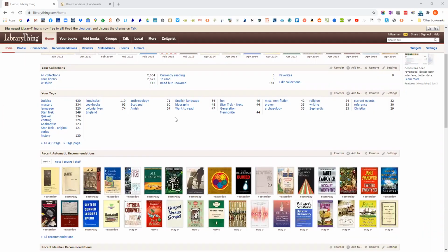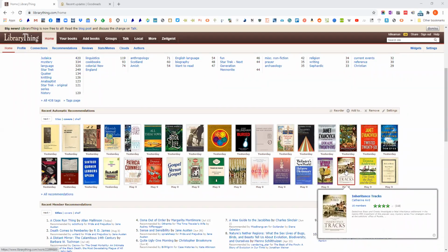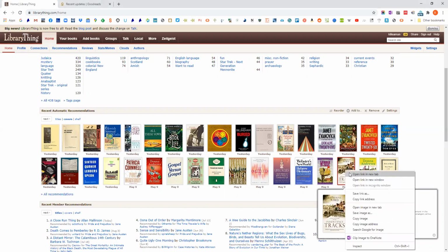So down here, these are recommendations based on what I have of books I might want to look at. And like this one, I can go and I've actually read this one. And I actually own it. So if I open that one up,